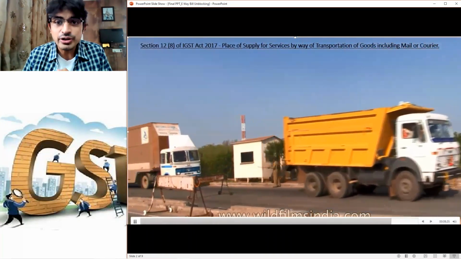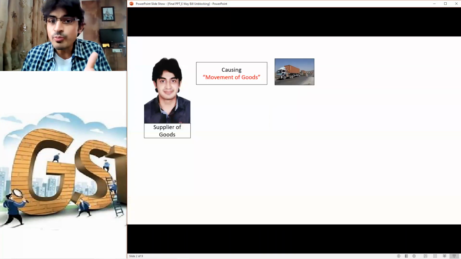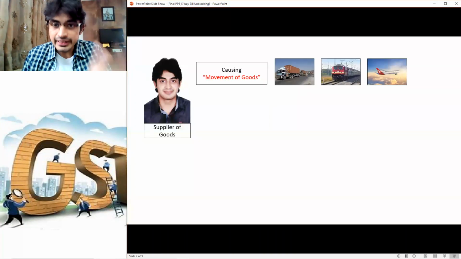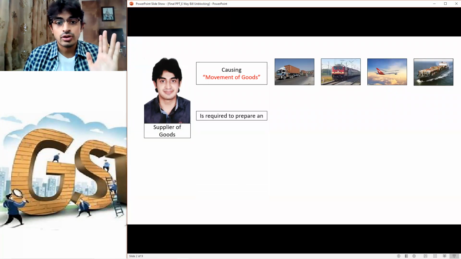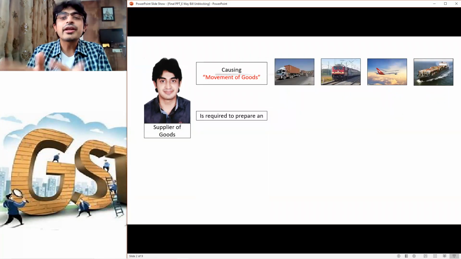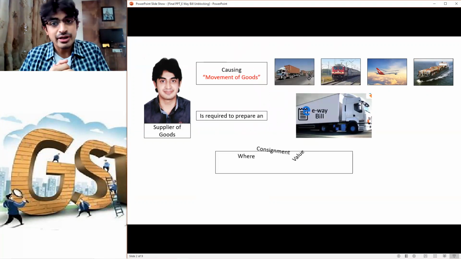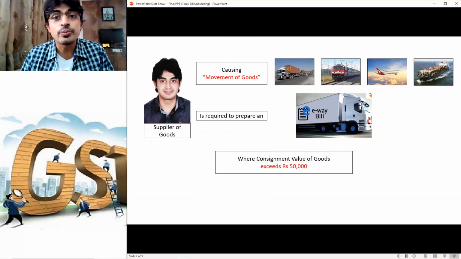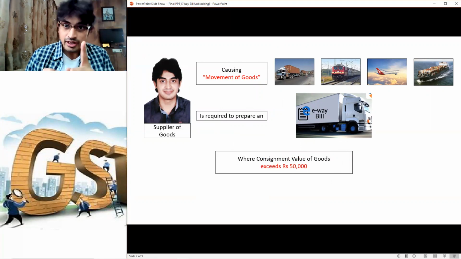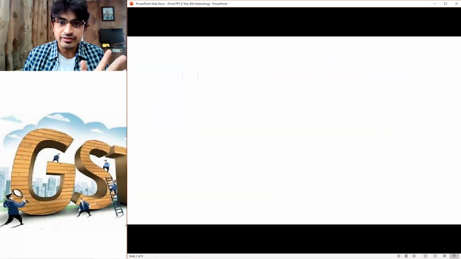Whenever you are causing movement of the goods, you are required to prepare an e-waybill. Understood? When your consignment value, the invoice value exceeds 50,000 rupees, then you are required to generate an e-waybill.